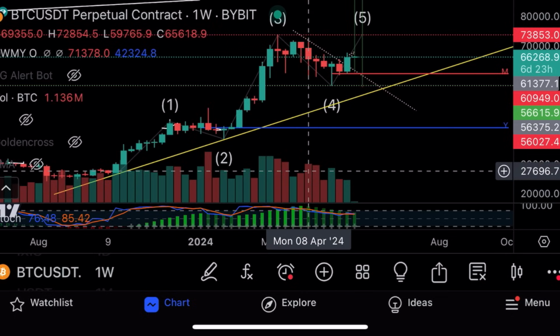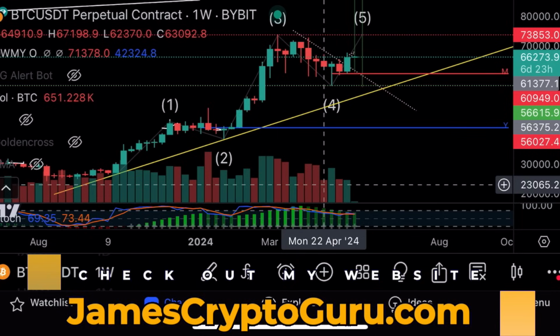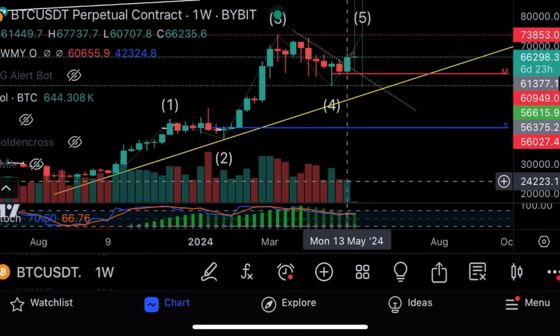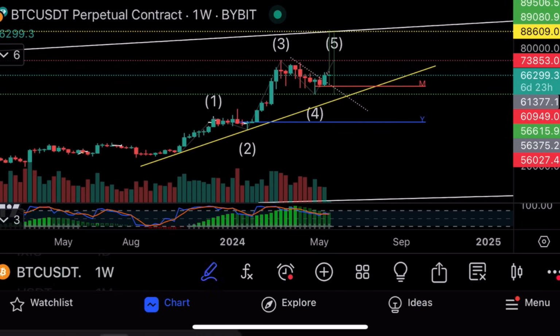And now we have 1.1. Then we had 1.1 million, 1 million. Then we had 650k after the halving. It cut in half the volume. Then we had a big bounce, 1 million. Then we had again 600k. Then again 650k. So everyone telling you to go long and things like this, they're not taking into account the